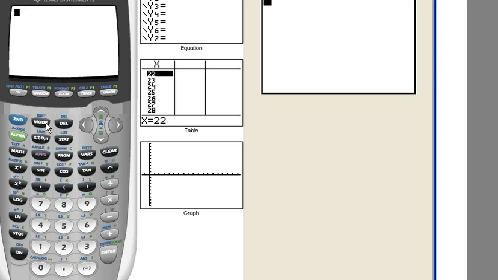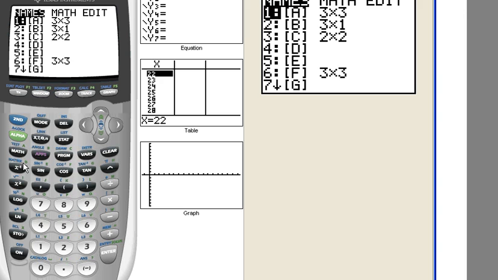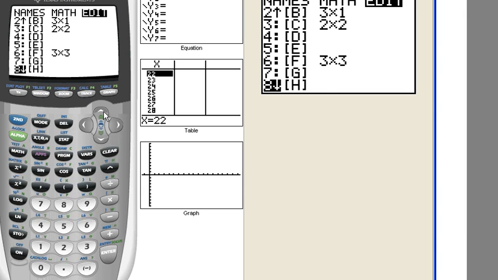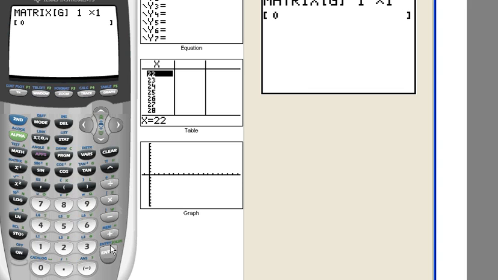So that was matrix F. We also need G and A, as well as B. So let's go and put in the other ones. Go to second, matrix. Go to the edit feature first. I'm going to put in matrix G, so I'm going to come down here. I could type 7, but I'm just going to arrow down to the G position. So it's on edit, it's on G, press enter,